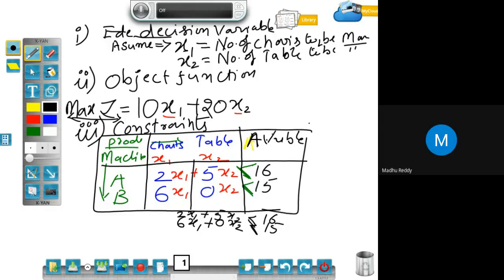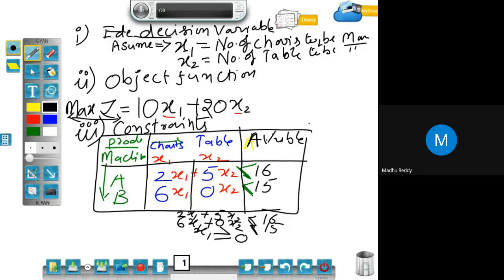0. Yes. Anyone? Any other answers? Is there any possibility to give less than 0 value? The company is not manufacturing anything, so you are saying it as 0. Is there any possibility to give lesser than 0 value to X1? No, sir, not at all. So that also we need to specify. X1 must always be greater than or equal to 0.